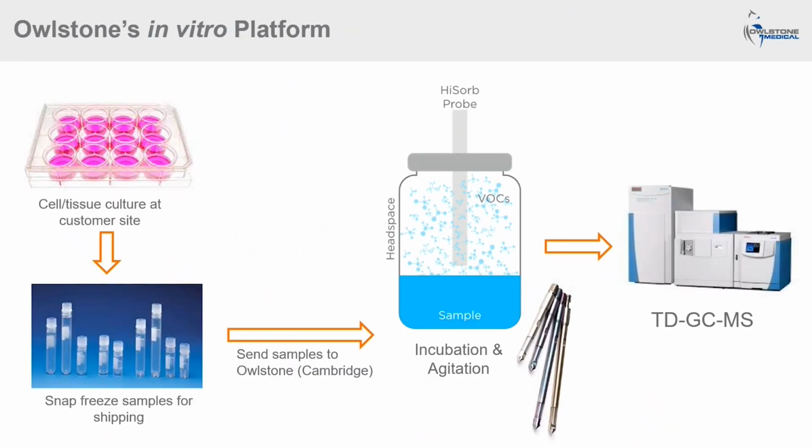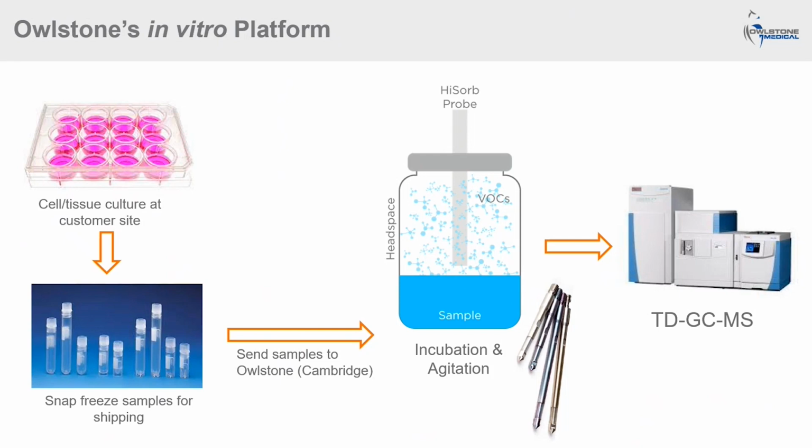We also, of course, support in vitro projects, where we're looking in vitro to try and find VOCs. Projects of this nature are very much designed in collaboration with customers to ensure that we're planning the experiments to collect the right samples to produce VOCs at the end. In general, we would recommend that the cell or tissue culture is done at the customer site, generally because you've got very experienced people in handling those particular cell lines or tissue culture experiments. That generally gives the best chance of success.